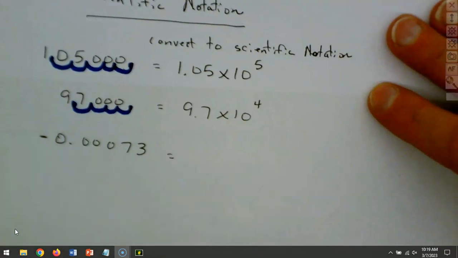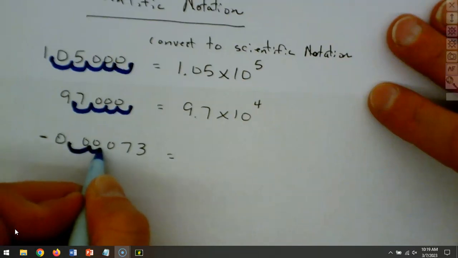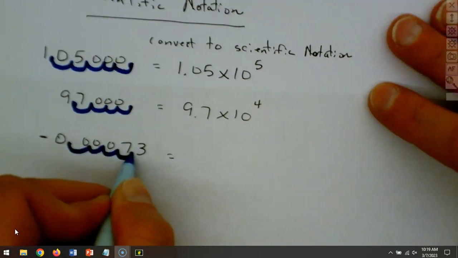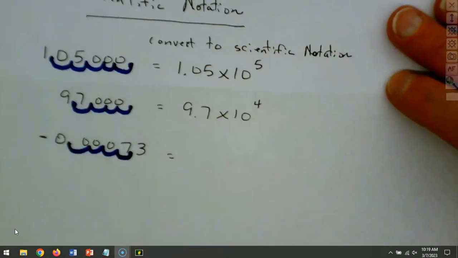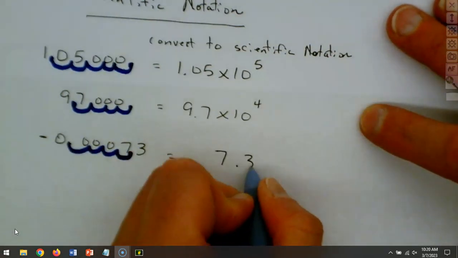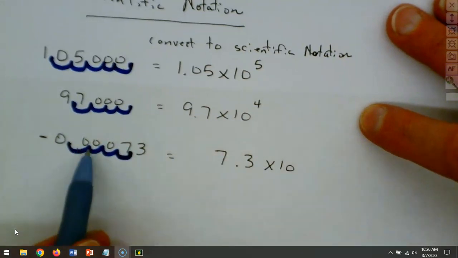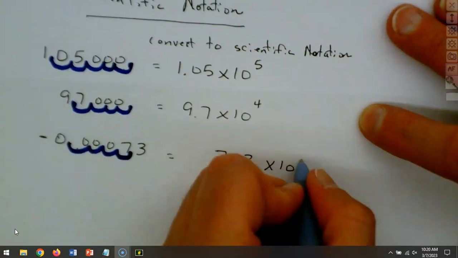Same rules apply. We want one digit, one number, and then the decimal. So this is going to go over 1, 2, 3, 4 places. So in terms of scientific notation, this would be 7.3 times 10, and we went 1, 2, 3, 4 places